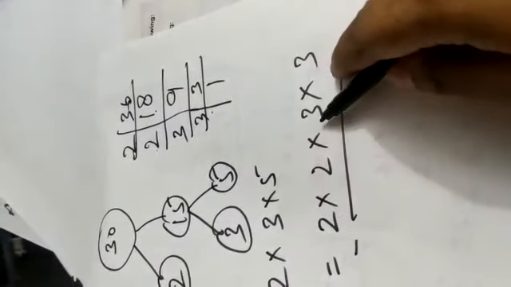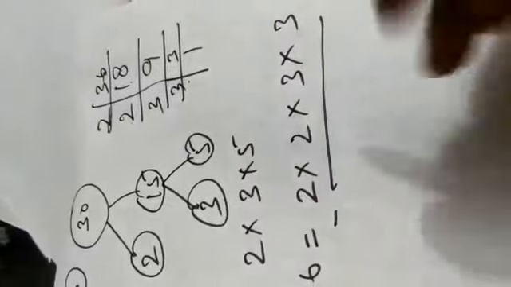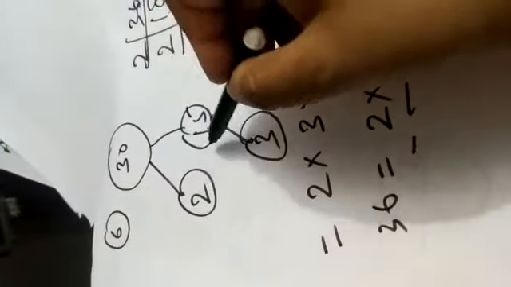Okay, 3 3s are 9, 9 2s are 18, 18 2s are 36. So this is the division method, and this is the prime factor tree method. You can apply any one of them. So next, question number 8, find the LCM of 28 and 42, 10 and 15. Firstly you find the prime factorization of these two numbers, and then you find the lowest common multiple. You can use the division method in both cases.